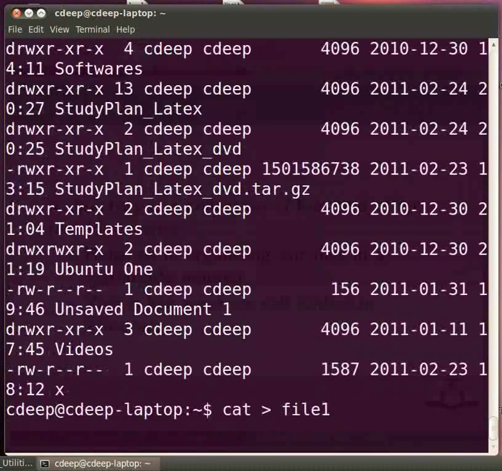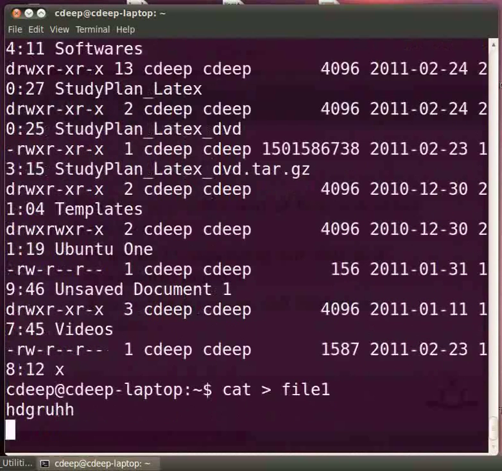Now when we press enter, the command waits for input from the user. Whatever we type will be written into the file. So type some text. Now press enter key to indicate the end of input. Now press the Ctrl and D keys together.